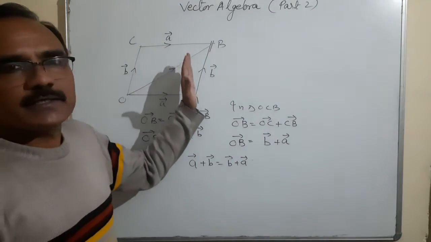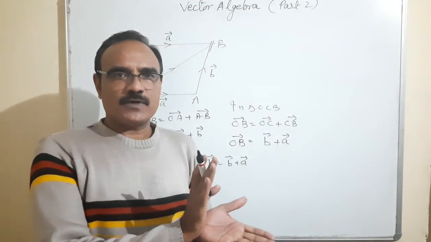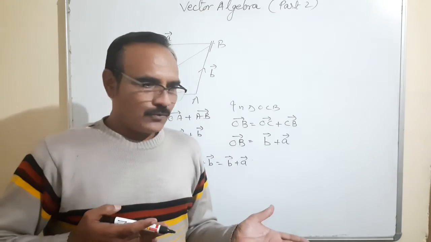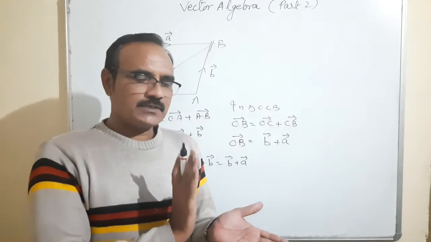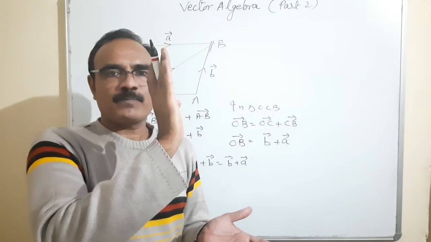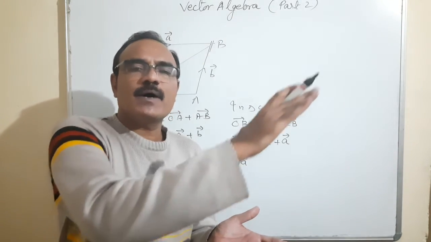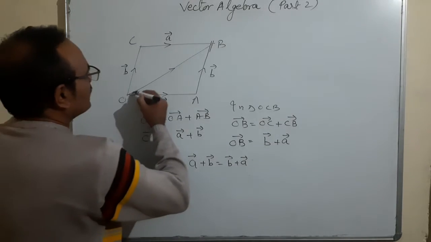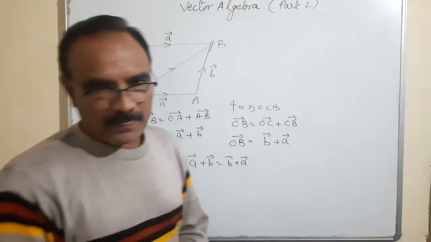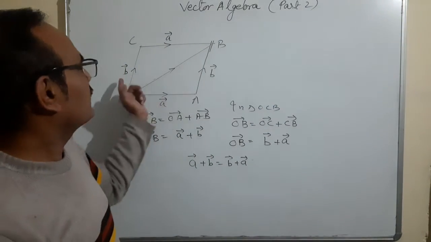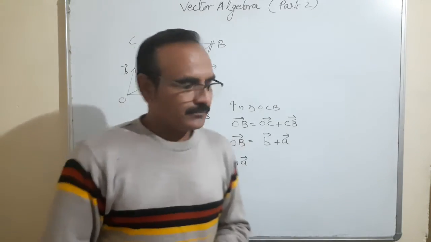You can understand it in this way. For example, suppose two velocities are perpendicular to each other. When I am going in a boat in one direction, and the flow of the river is perpendicular to the direction of the boat, finally the direction of the boat will be along the diagonal. That could be the direction of the boat if they are perpendicular to each other. So this is called the parallelogram law of vector addition.